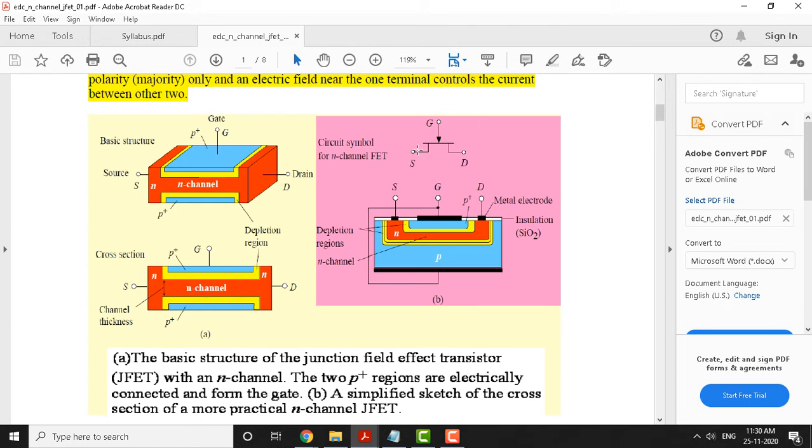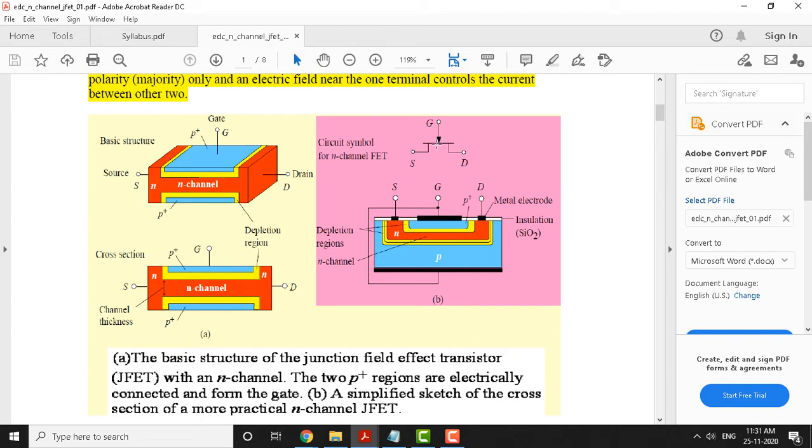There is a source terminal. This line indicates the source region, and the terminal is attached to that, and there is a drain region for which the terminal is attached here. This is the drain terminal, and within this is a channel. You can see the channel is represented with a horizontal line here, and there is a gate above this. You can see the gate terminal.